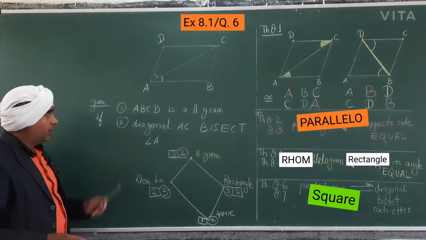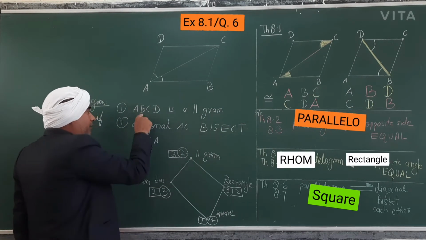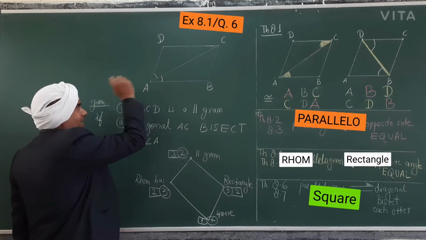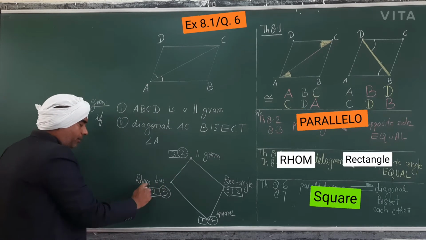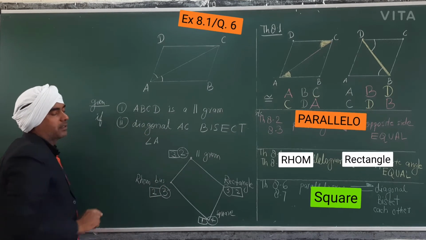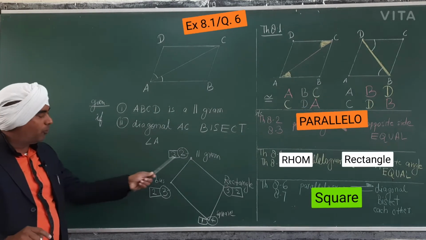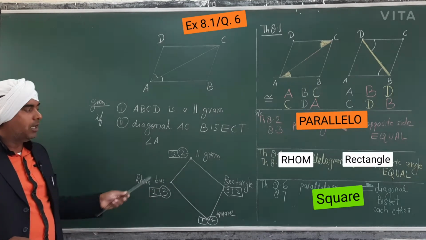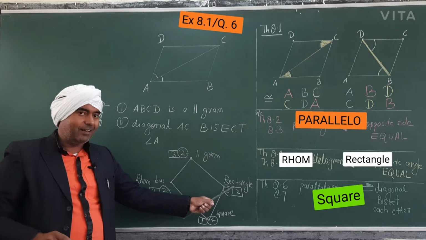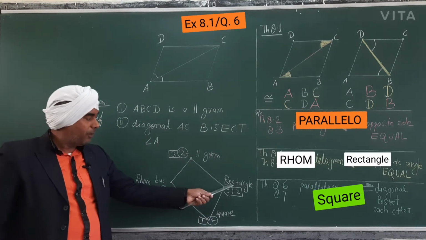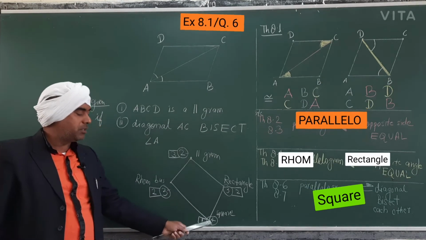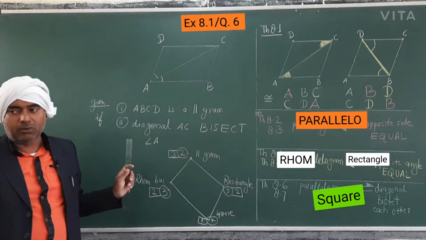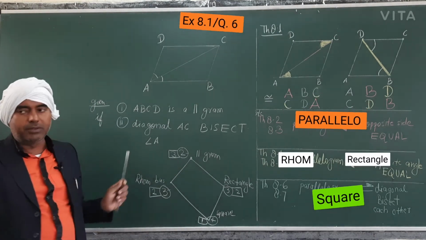So what is given here in the parallelogram? It was a parallelogram, but if 1 more condition is attached, meaning the diagonal bisects, then from a parallelogram you have come to a rhombus. That's why it has been proved a rhombus. So this is the extra condition, 1 more: 2 here and 3 here. Now if you add 1 more condition, the question is of a rectangle. Sometimes the question will start from the rectangle and you will have to prove it is a square. So this figure I will make most of the times in this whole chapter. Most of the times this figure will be important for you.